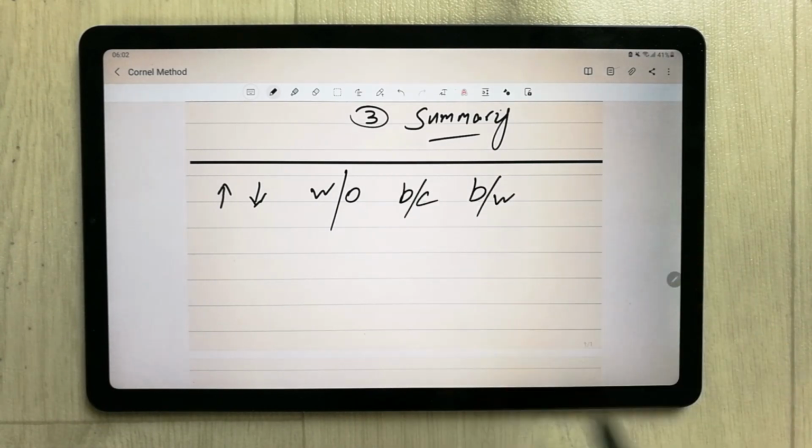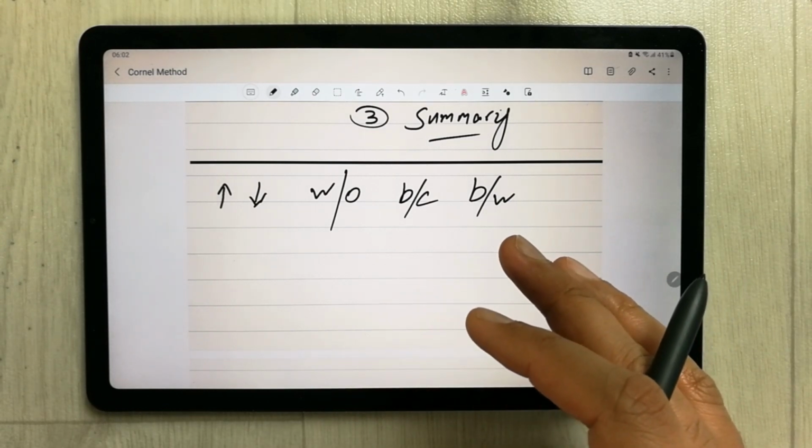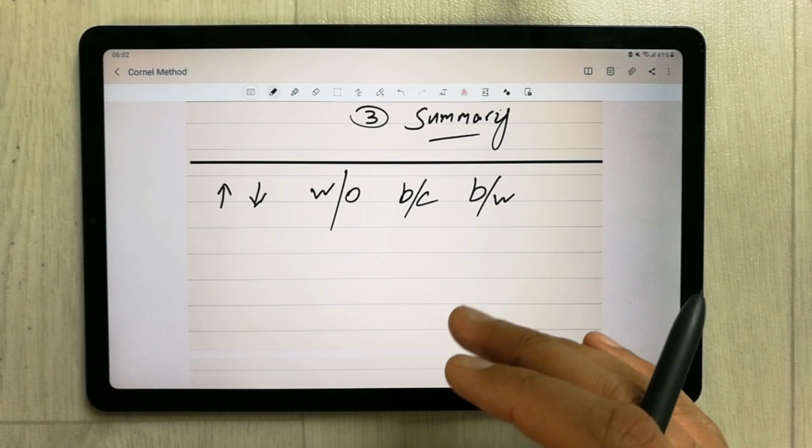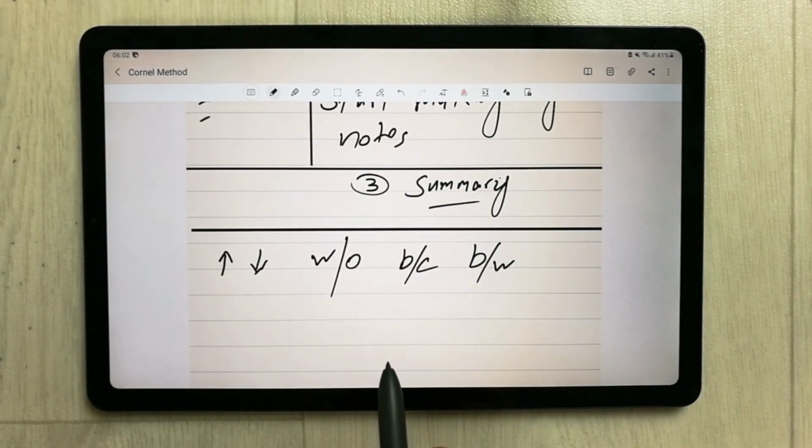For between, I use this abbreviation. These abbreviations help me to speed up my notes, and they also save a lot of space, so I can have more text in a small area. So this is really a useful method to study effectively.